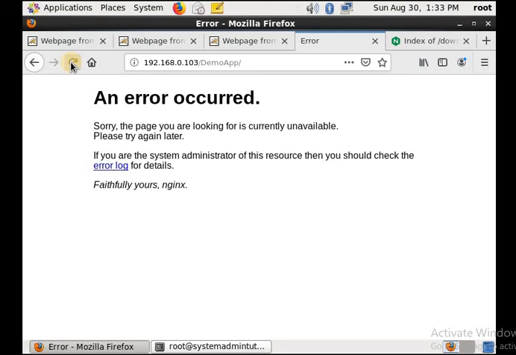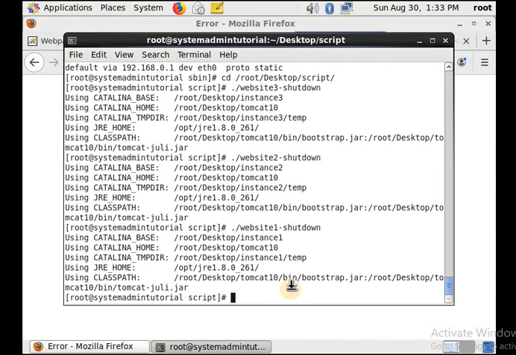So the main part of this is the configuration, so take care of the configuration and how to have it. After the Nginx installation you have to do these 3 things.